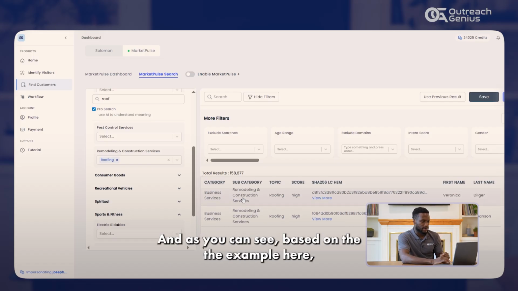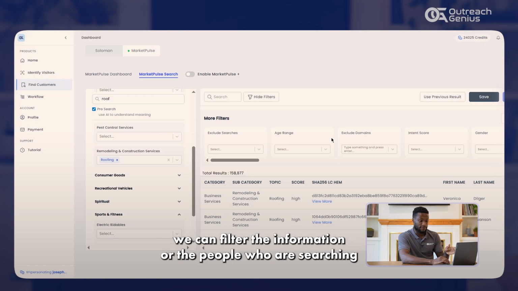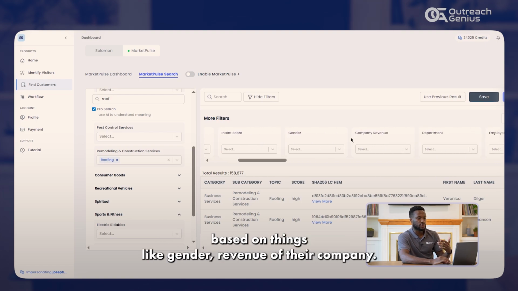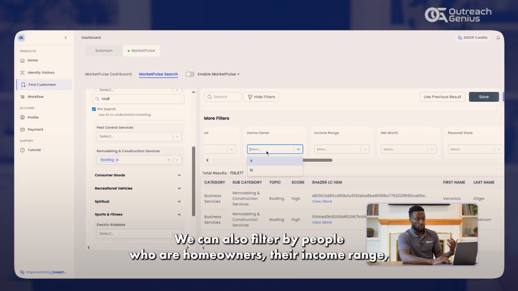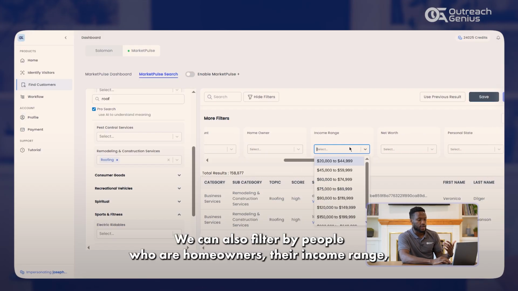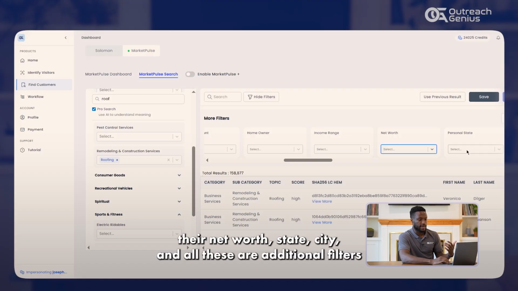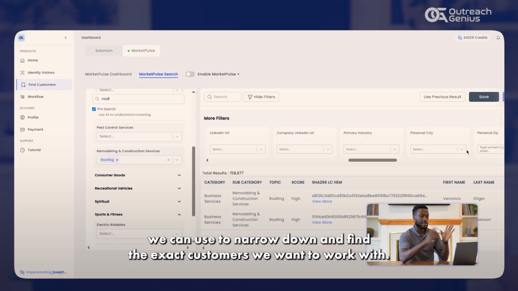We can filter the people who are searching based on things like gender, revenue of their company. We can also filter by homeowners, income range, net worth, state, city, and additional filters to narrow down and find the exact customers we want to work with.